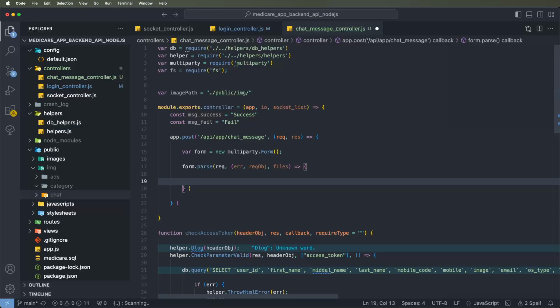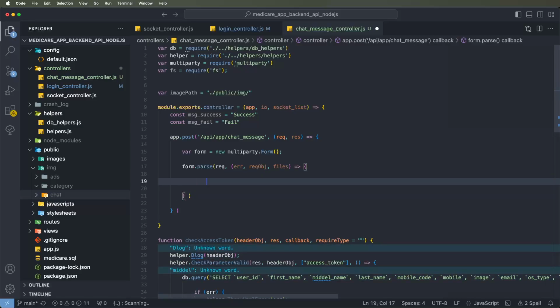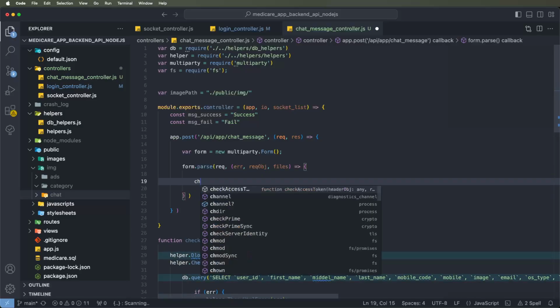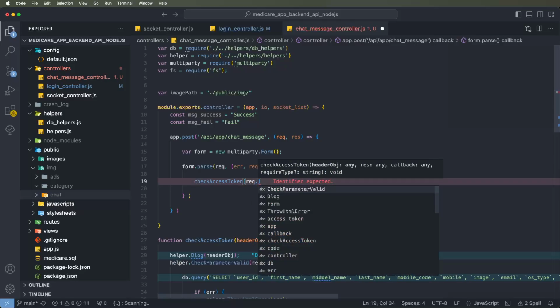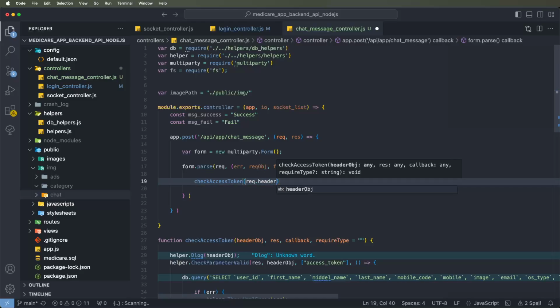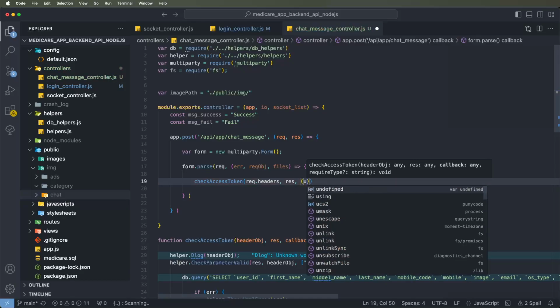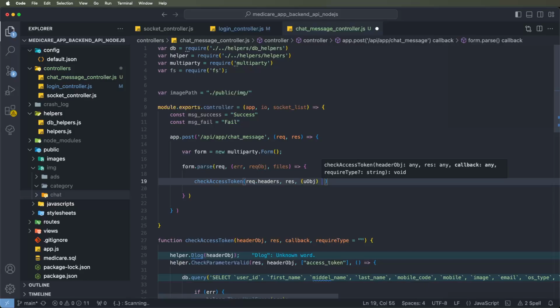and inside the callback we need to check whether the access token is valid or not. If it is not valid, it should automatically return the response and close the function. Now write check tokens, passing request dot header, so write header like here. We need to pass the headers as compulsory. Then we write the response object, and we need to return the token user data, to retrieve it